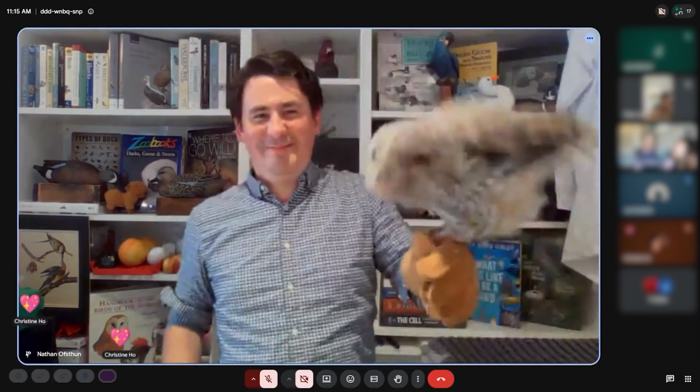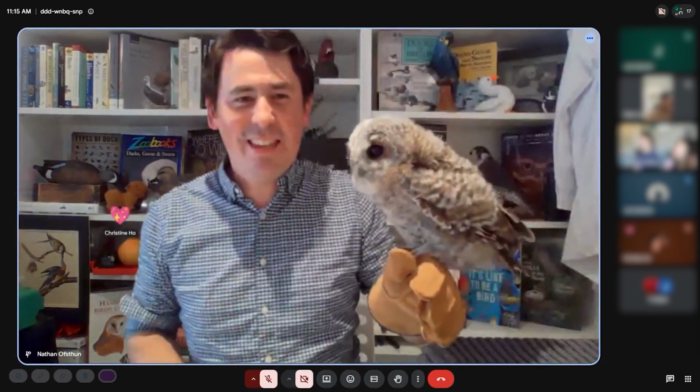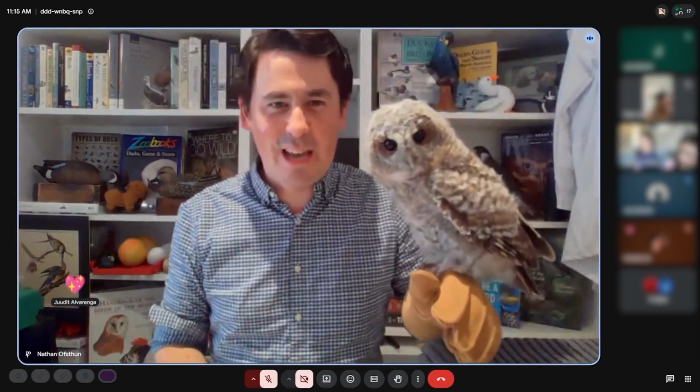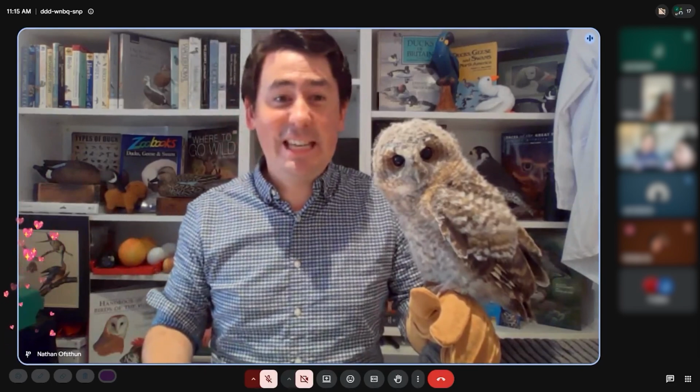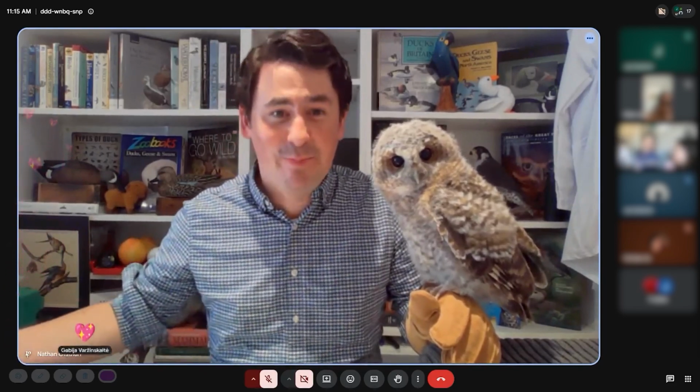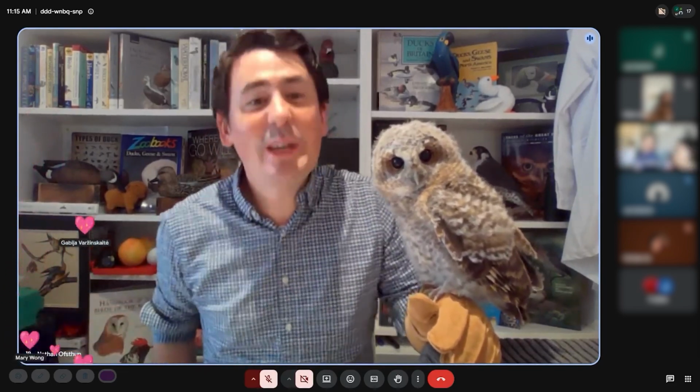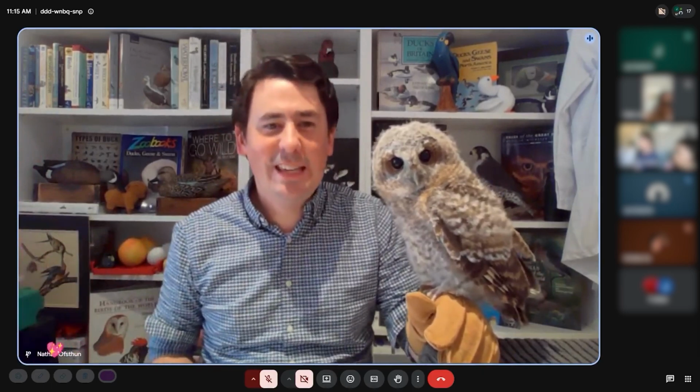Okay, how'd I do? Okay, so here we go. This is Aluco, our real live tawny owl. You'll notice right away, if we're looking at his morphology, that he is a very fluffy owl. He is not covered only with sleek feathers, he is also covered with baby fluff, because he is not a full-grown owl. He is approximately 6.5 weeks old at the moment. We've had him for about 4.5 weeks. We got him when he was roughly 2 weeks old.